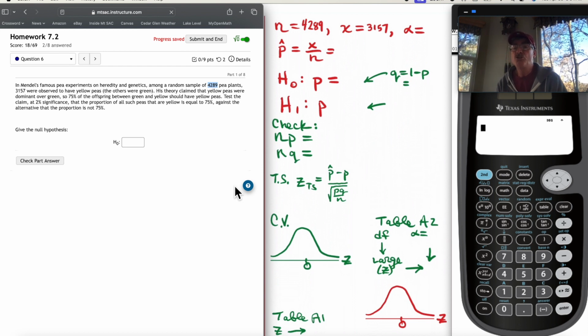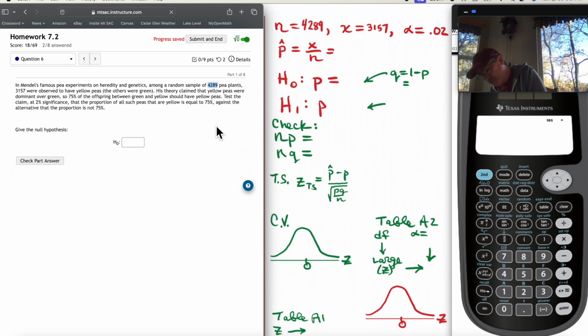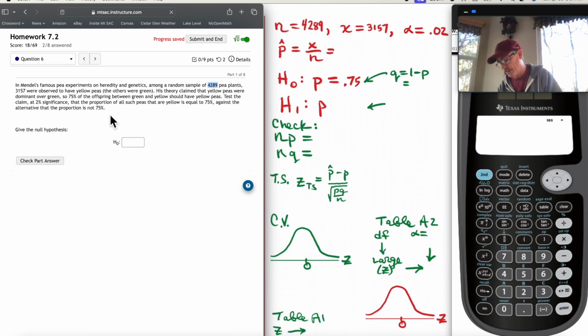Test the claim at 2% significance, so alpha is going to be 0.02. That the proportion of all such peas is equal to 75%. That sounds like a null hypothesis. P is 0.75 against the alternative that the proportion is not 75%. So P is not 0.75 here. Okay, so